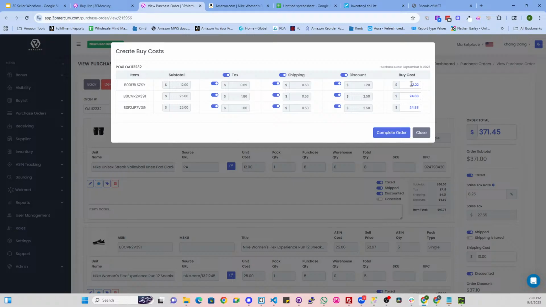Maybe this product requires an additional prep. Let's say, for instance, if I pretend like this one requires me to remove price stickers, or let's say it's a heavy product that requires bubble wrap or something, and I want to add in an additional cost, right? I can change it here, even though the system auto calculates it for you with the tax and the total and all the discounts and stuff,